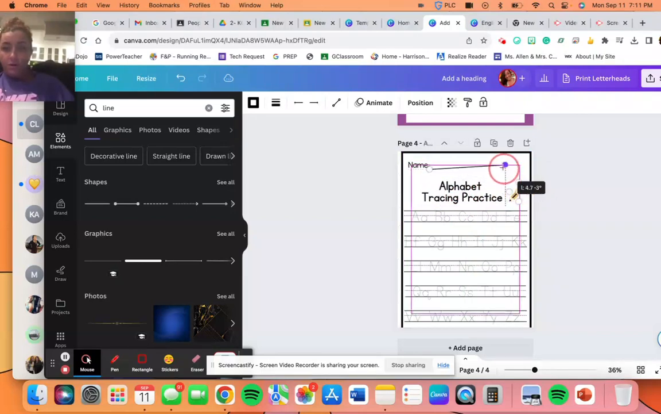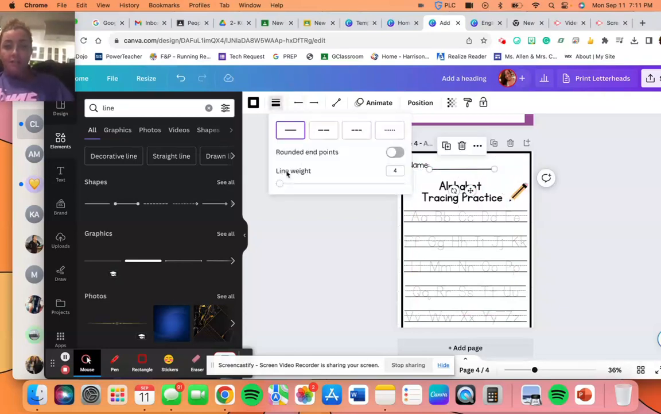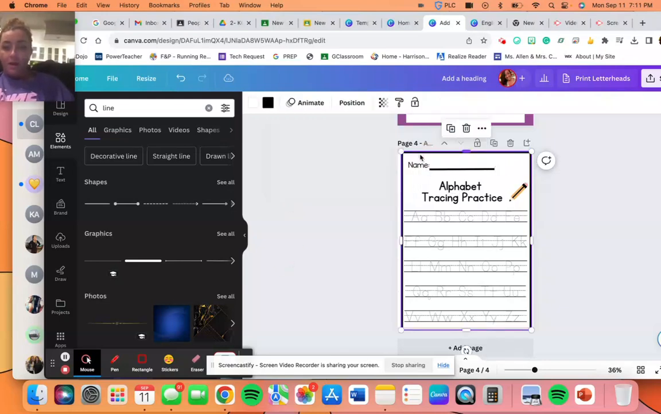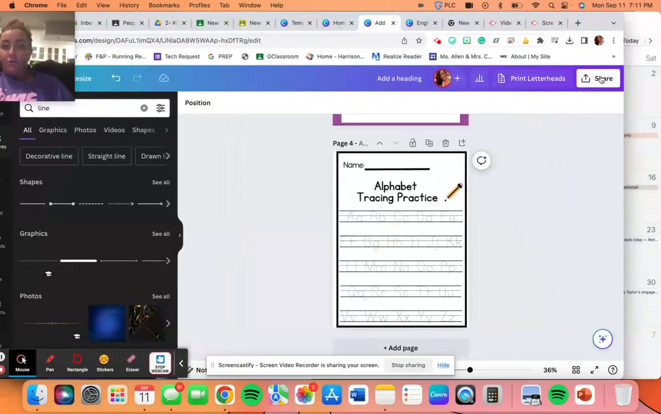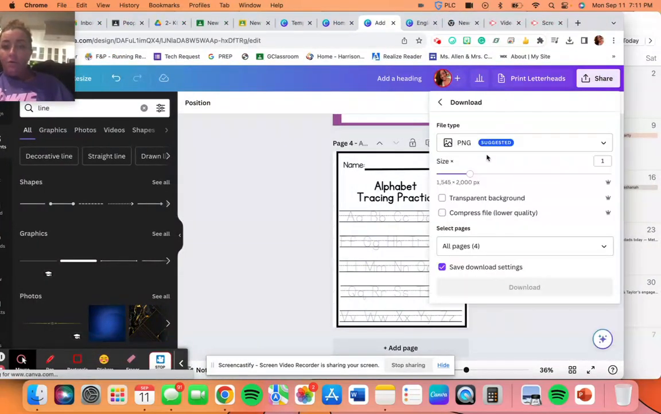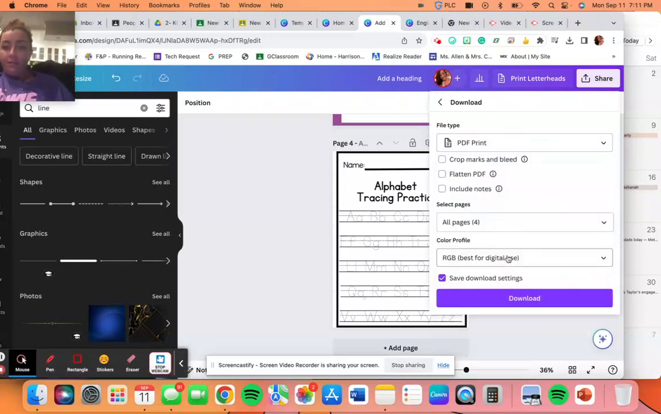You can even change, oh no, that's so wonky. You can change the thickness of the border of that line to make it a little bit thicker. I can even go like this and move that up. And then when you want to download it as a PDF print, you can go to share, download, PDF print,